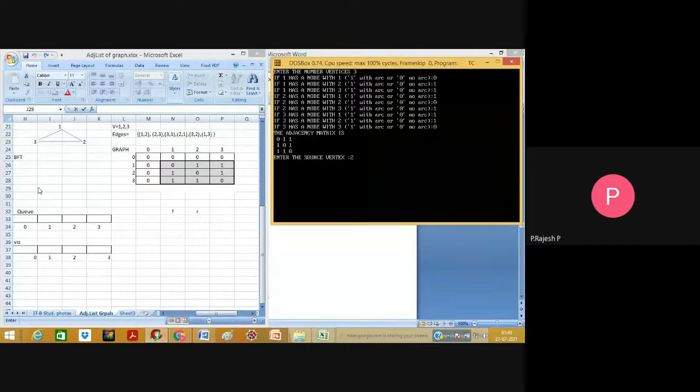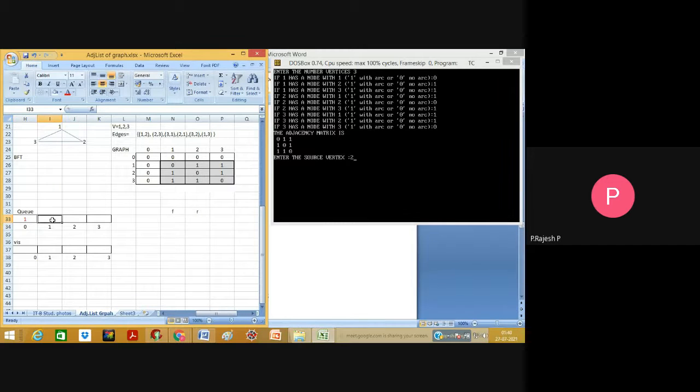So for 2, I'm inserting 1 first, and then for the second adjacent node, which is 3. From 2 we visited 1 and 3, and are there any further nodes to visit from 2? No. So which one do we have to pop out?